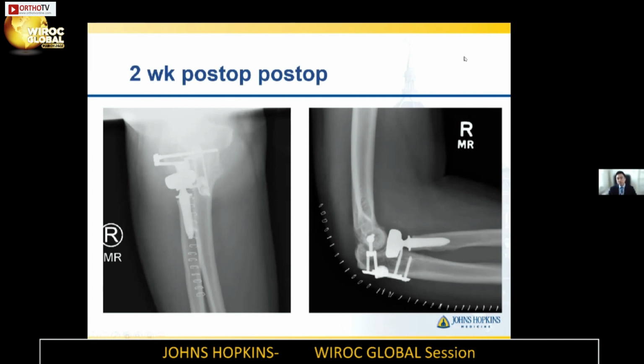Now, in these cases, there are multiple options that you can do for this procedure to maintain stability, ranging from an external fixator at the elbow, a hinged external fixator at the elbow, or even temporary elbow orthodesis with a large, smooth Steinmann pin placed through the ulnohumeral joint to maintain joint congruence and stability. But none of these really provide the ability to perform early active range of motion that this device allows. So this has a smooth bar that you can see placed across the isometric point of the elbow and connects to the ulnohumeral joint and allows you to tension and set your